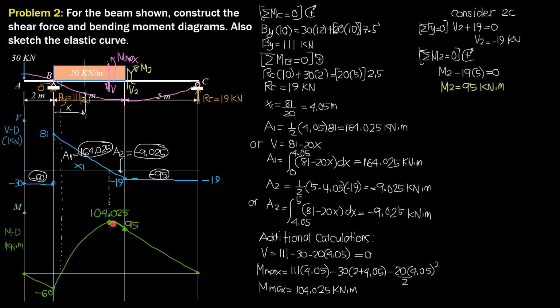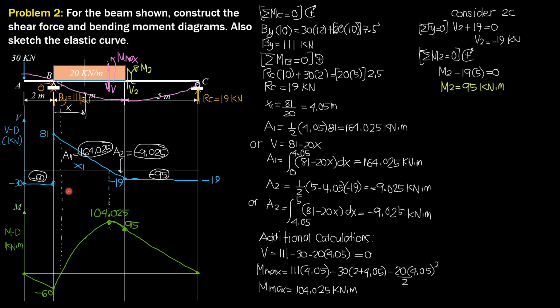Then plus 164.025. The initial slope here is 81. Remember the slope of the tangent to the moment curve is shear above, 81. So positive 81. And the slope here is 0 because the shear is 0, horizontal. To draw a curve tangent to the positive slope and this 0 slope, there is that curve there, which is second degree. And it is positive, decreasing until the slope is 0 here.